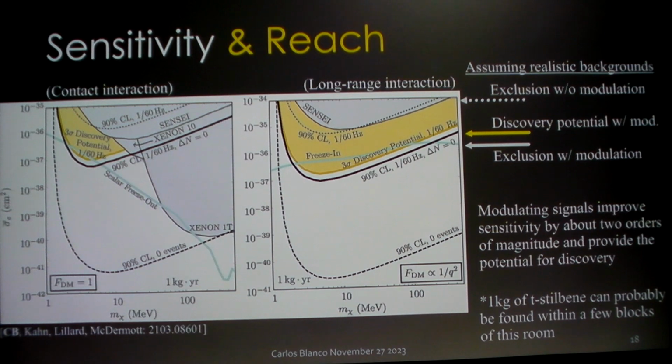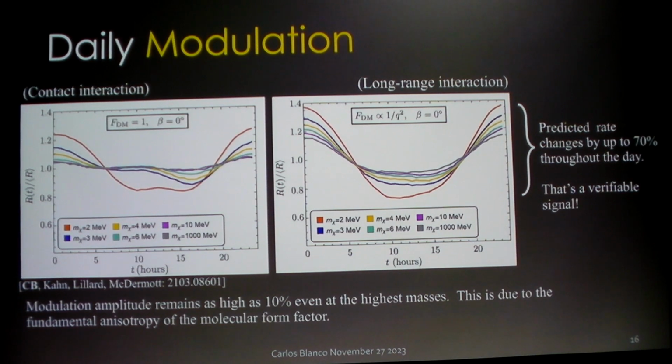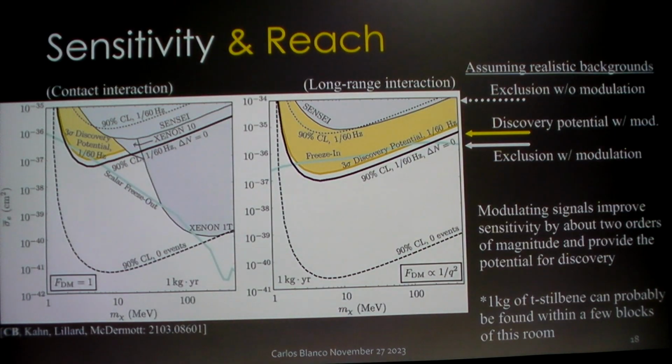So the graph you showed earlier, is that experiment or simulation? This is simulation, and based on this simulation, we predicted this sensitivity. Okay. Now these blue lines here are benchmark dark matter models that would give us the right relic abundance and that have a self-consistent thermal history in the early universe. And so that's where we expect dark matter to be. And so it's pretty surprising that with just 1 kilogram of still beam, you can already probe something like a freeze-in scenario over 2 orders of magnitude. And you start to probe this scalar freeze-out scenario with a kilogram.